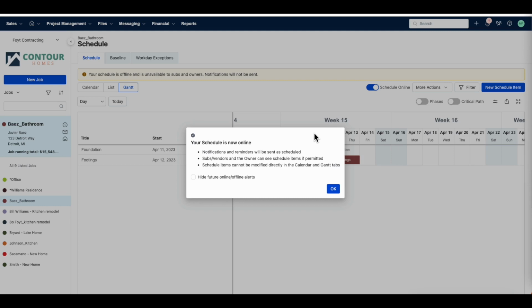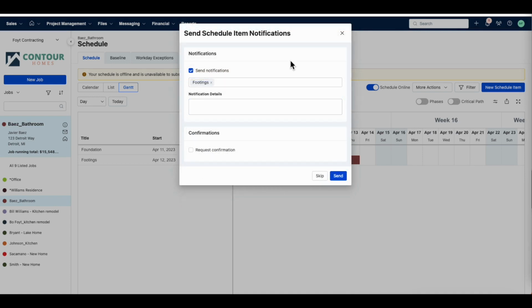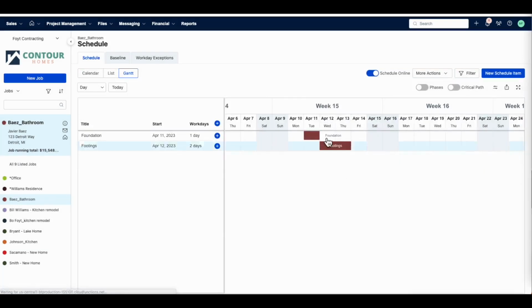When toggled to online, based on your settings, trade partners and customers that are actively participating in Buildertrend with you will have access to the schedule. The most important aspect of the schedule being online is that schedule notifications are now enabled, keeping everybody on the same page. This covers the basics of Buildertrend's scheduling feature,